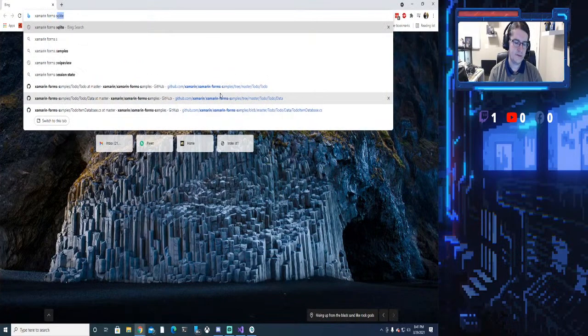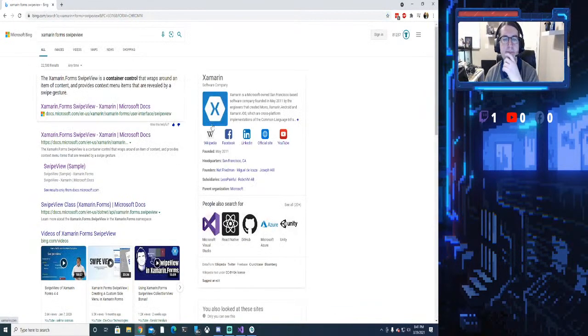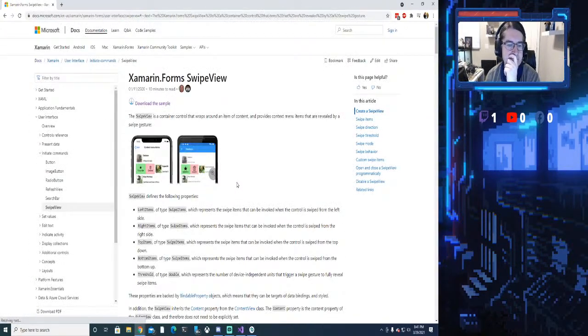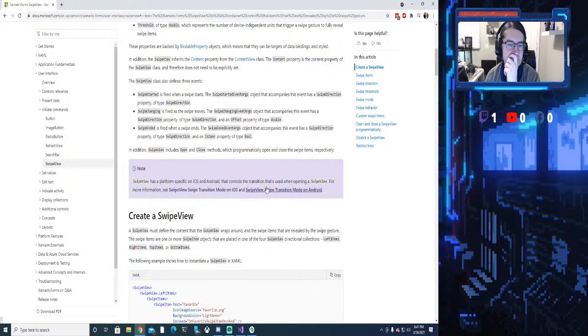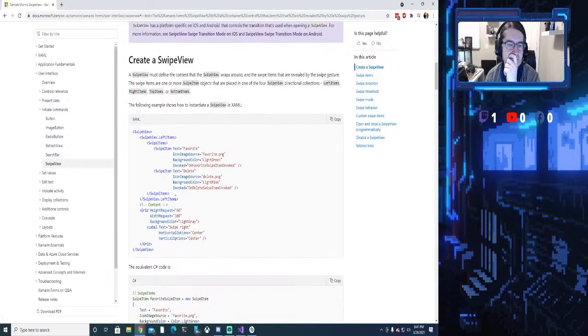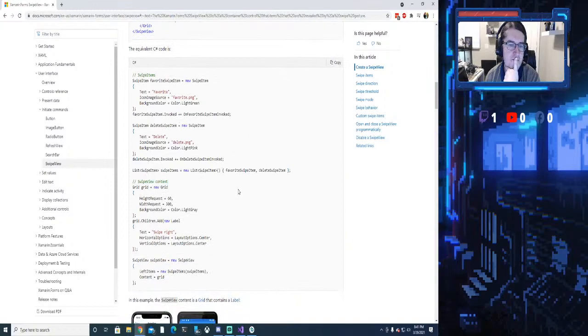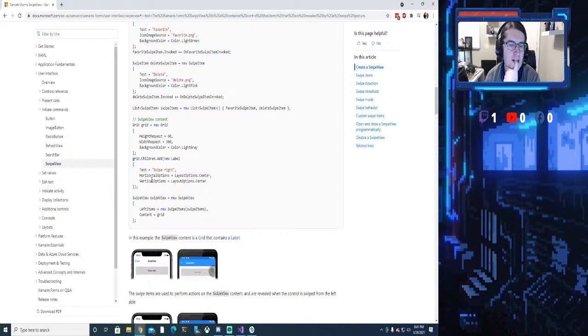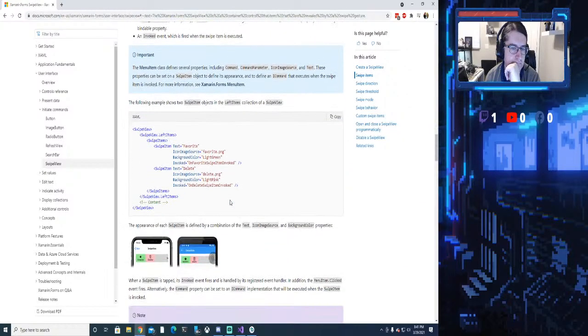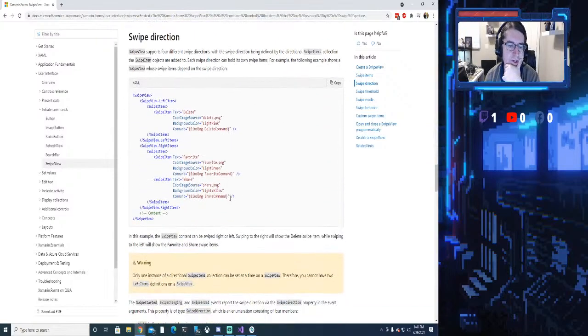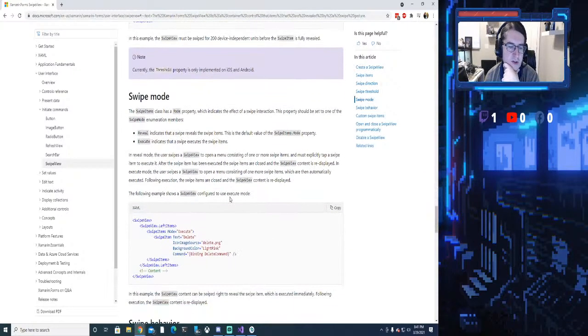Xamarin Forms SwipeView. Okay, that's pretty straightforward. Swipe direction, swipe threshold, swipe mode,